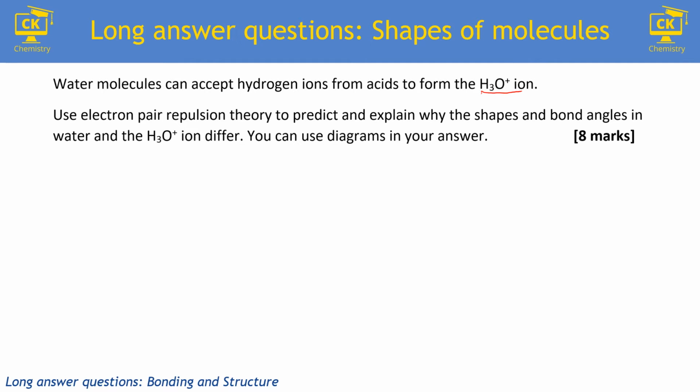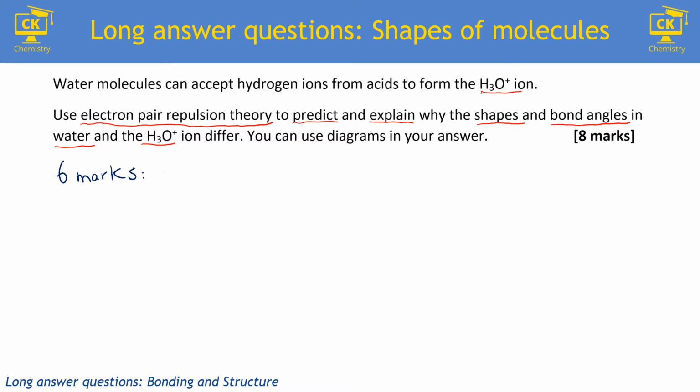And it then says use electron pair repulsion theory to predict and explain, so I'm underlining lots of things here, why the shapes and bond angles in water and the H3O+ ion differ. It also says I'm allowed to use diagrams in my answer. So with this question being 8 marks, it's actually designed as a level of response question. This means that you're likely to get 6 marks